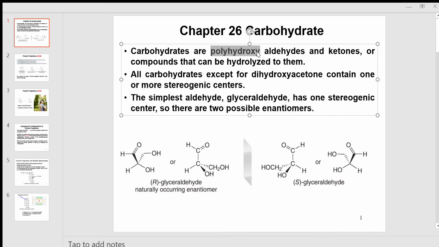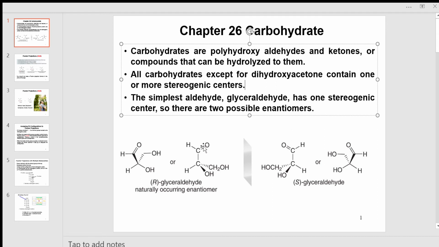A carbohydrate basically is an organic molecule. It has two or more OH groups. They are aldehydes or ketones, so they have at least one aldehyde group or at least one ketone group. That's the definition of carbohydrate. So most of the carbohydrate molecules have stereogenic centers, at least one or more than one,